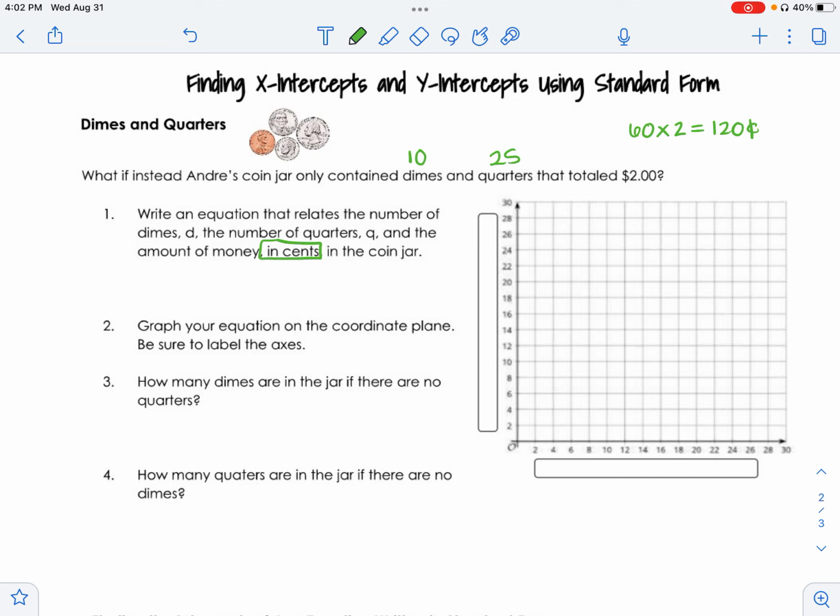So to set up our equation similar to before, it is 10 cents per dime, so we get 10 times D, plus 25 cents per quarter, so 25Q, equals 120 cents in the jar total. All right, we're going to graph our equation now, but rather than coming up with the slope-intercept form, let's just try to graph it using what we saw in the previous question. What would be the